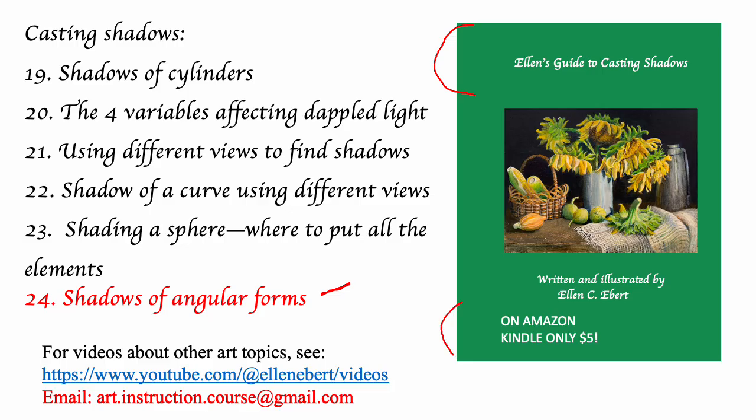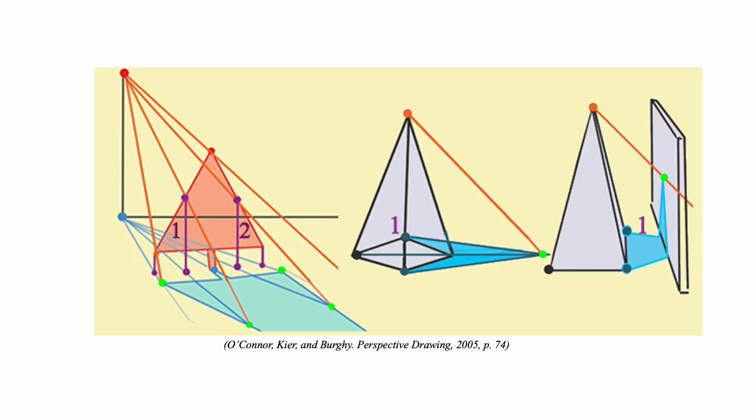For this upright floating triangle, we have light rays going through its peak and shadow lines going through its base, but they don't meet. So how do we find this shadow? You set up poles where we see the top of the pole and the end of its shadow, and that will give us these two intersections here. And we can set up other light triangles here to get these two intersections, and that gives us the lines